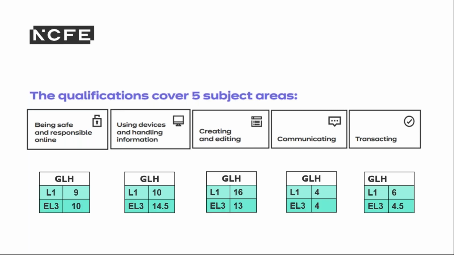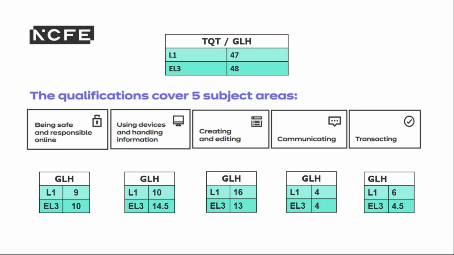And you can now see the guided learning hours for each section. The completion of all the mandatory content to include controlled assessment is completed under supervised conditions. Therefore, the guided learning hours and the total qualification time are identical.